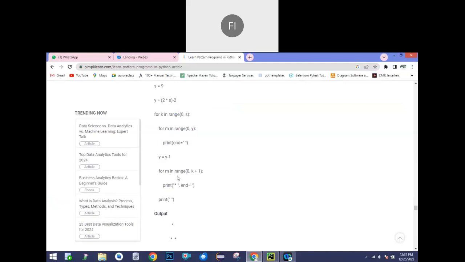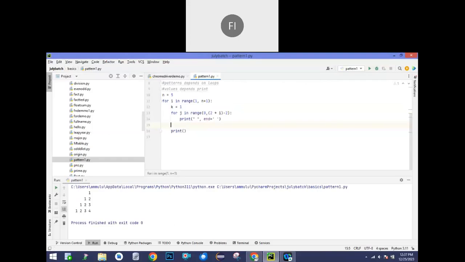Okay, and after that it is for m in range, that is the value printing. So here another for loop. First for loop for managing the spaces, second for loop for printing the value. So here I'm writing k means, here it is i plus 1, and here instead of star we want to repeat the value, so k. And after that, we have to keep on incrementing the k value, so k plus equal to